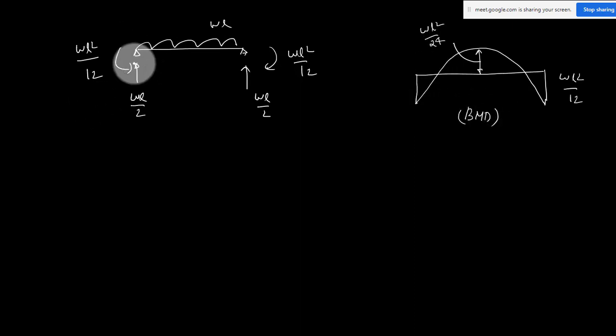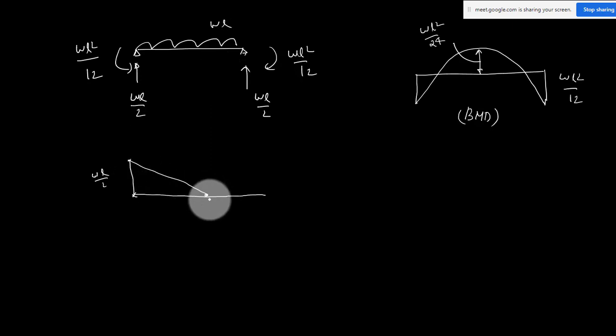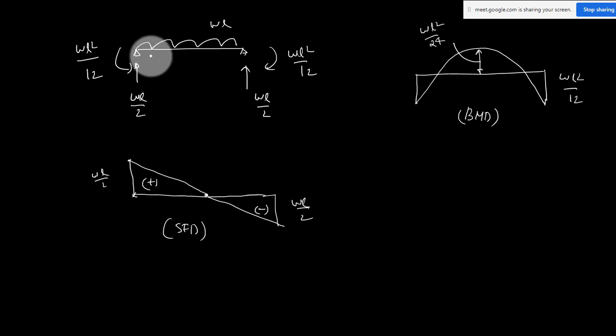So what is the shear force diagram? You know all the reactions. You can draw the shear force diagram similar to the determinate beam, simply supported beam. How do you draw the shear force diagram? The same procedure. I know this reaction WL by 2. So you start from here, go WL by 2 in the upward direction. Now we have this downward load WL, so it will go like this. At the center you are going to get 0. Again like this. So it is your shear force diagram for the fixed beam. This is the procedure you have to follow for any kind of loading, any beam. Okay, fixed beam, this is the method. It is your moment diagram. It is your shear force diagram.